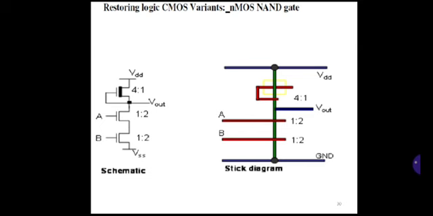This is an NMOS NAND gate schematic and stick diagram. In NMOS only N transistors are used, so they are connected in series. So two transistors A and B with a ratio 1:2 are created, and the upper pull-up transistor, that is a depletion mode transistor, is created, that is, it is represented by an implant, a yellow color box, that is nothing but an implant. The gate is connected to the drain.